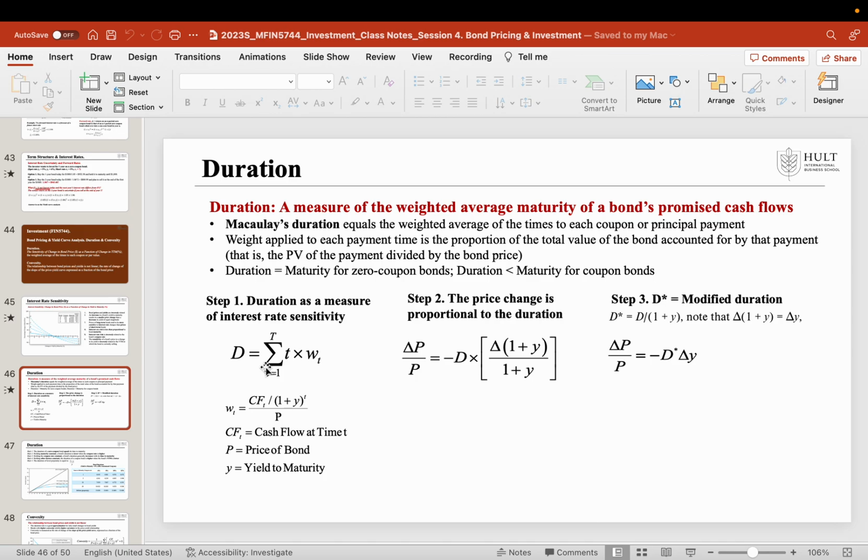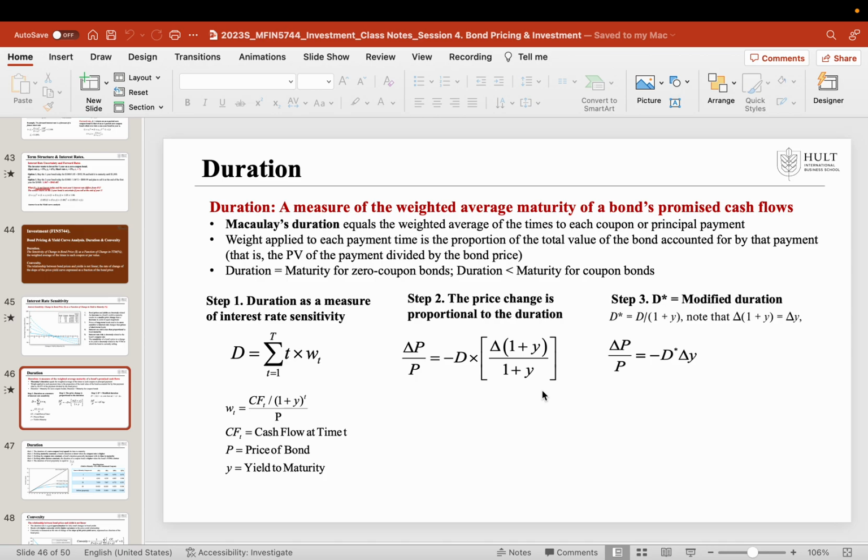First, step one will measure the duration, right? Duration, a measure of interest rate sensitivity. How to calculate, right? The time weighted time average, right? By the present value of the cash flows in the future, right? And once we got this duration, we can calculate the price changes based on the proportion to the duration,